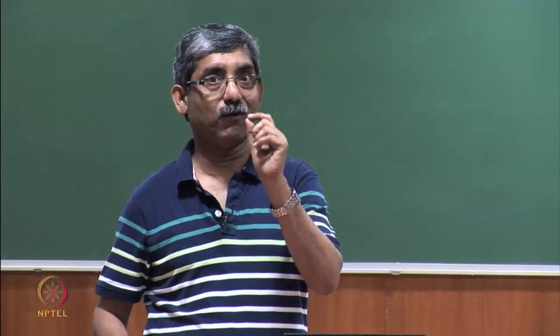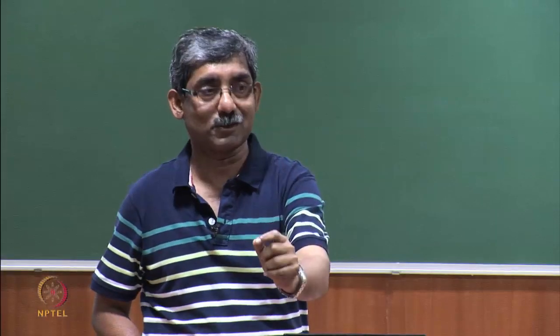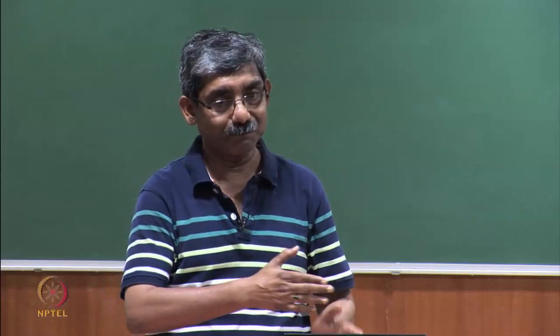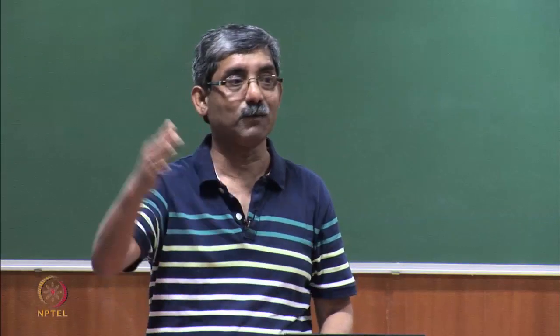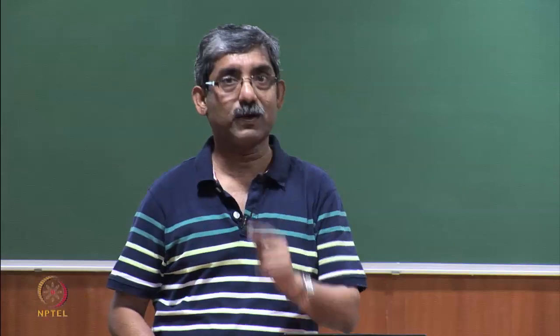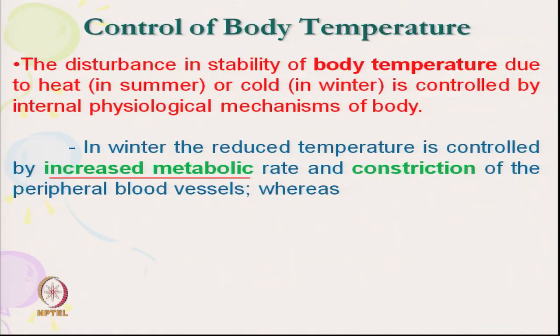Blood flow has other important aspects, but along with that it also helps in maintaining the body temperature by changing the rate of flow. This part we will discuss. So, increased metabolic rate and constriction of peripheral blood vessel,